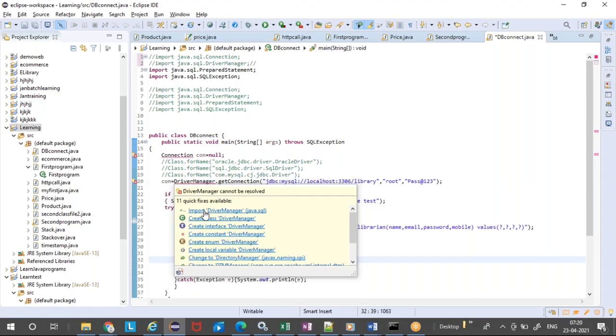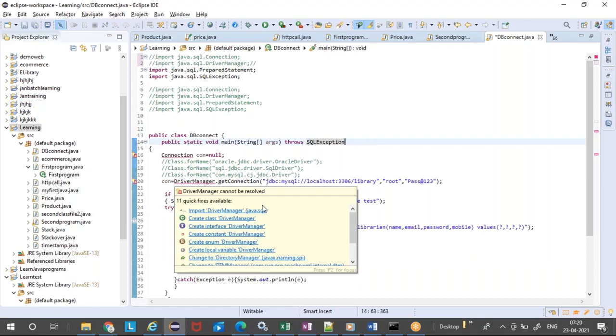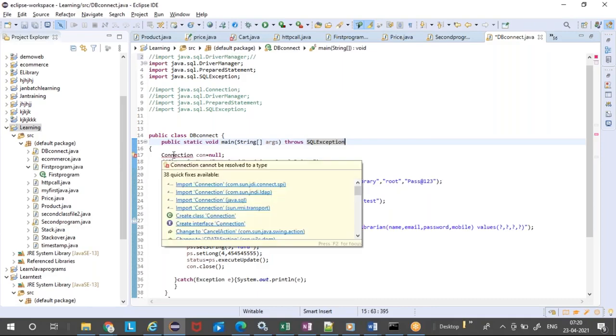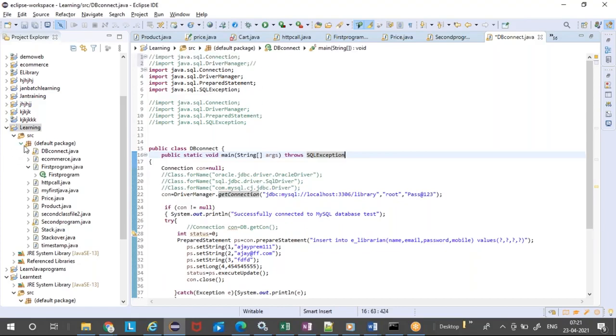It is automatically giving this suggestion because we have added a jar file to this project, and in the jar file there are a set of class files available. In that it is saying, you have added code but you have not added an import. You can just click this import. Okay, and then there's an error here. It says import the Connection. So you can import java.sql.Connection. That is also fixed.